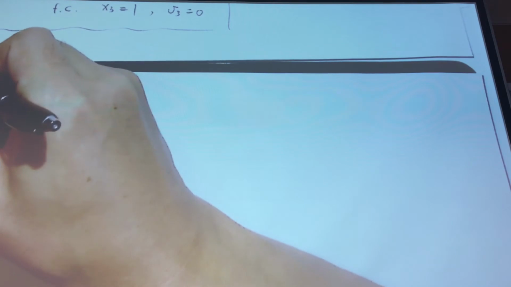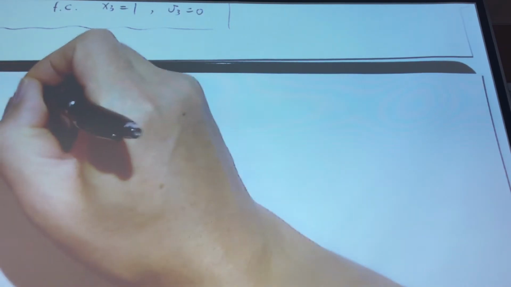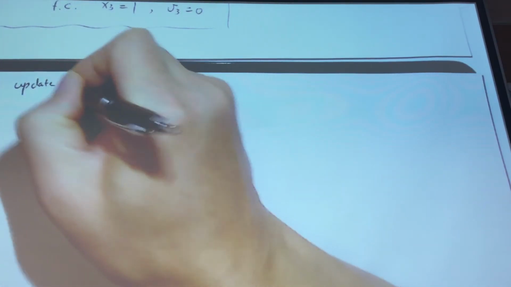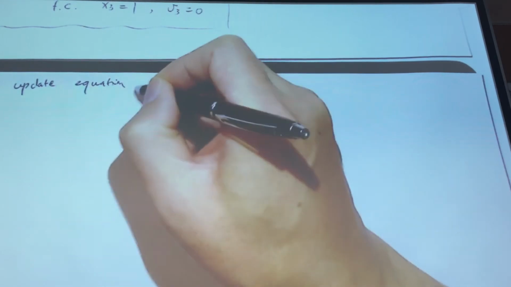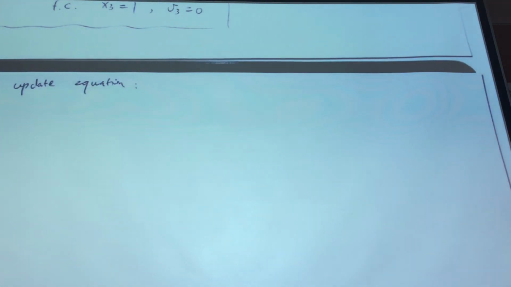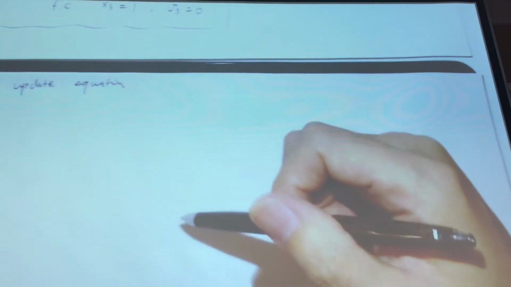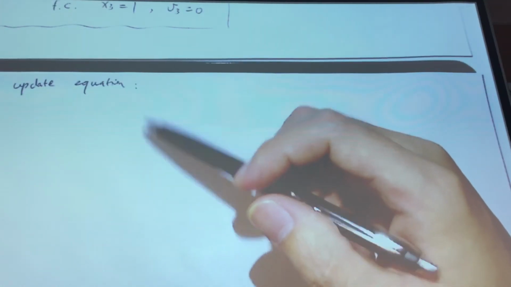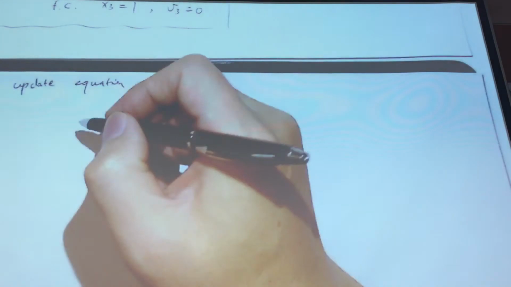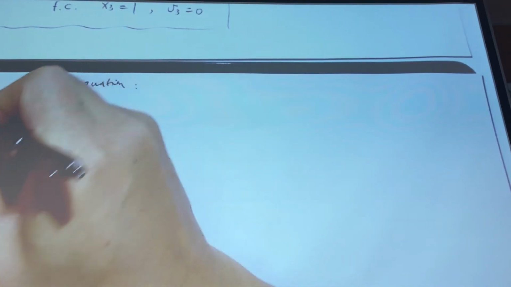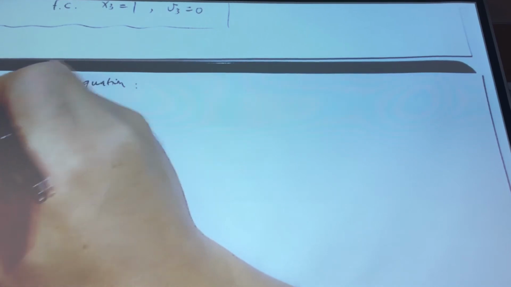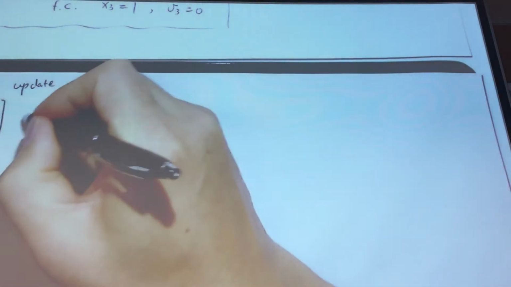So from the update equation, so far we are still formulating the problem. We have not solved the problem. So from the update equation, we have x_{k+1}, v_{k+1} given by